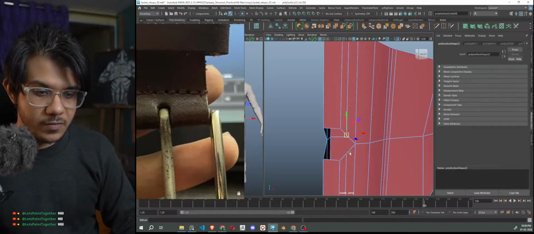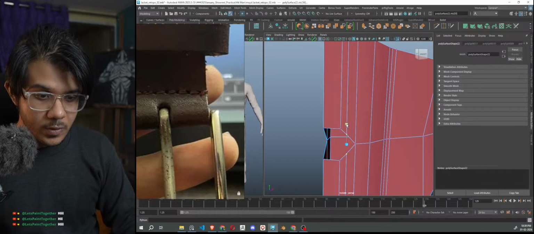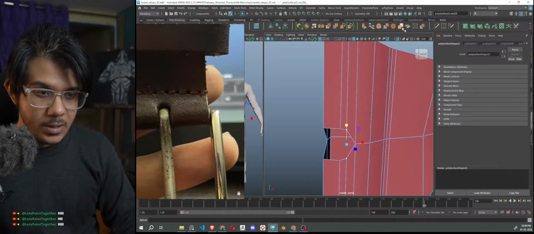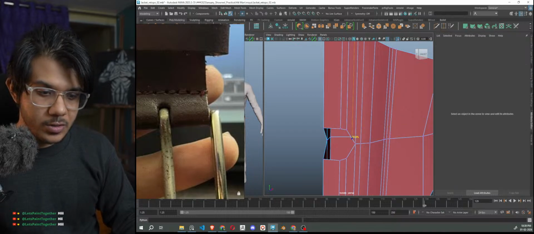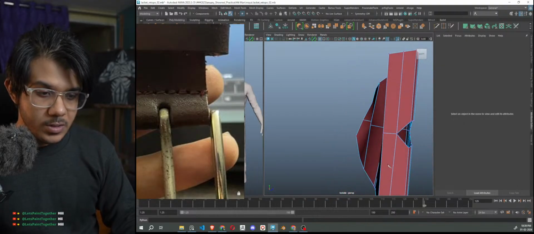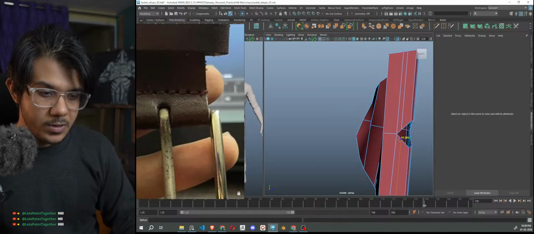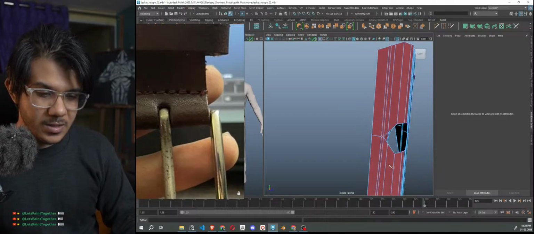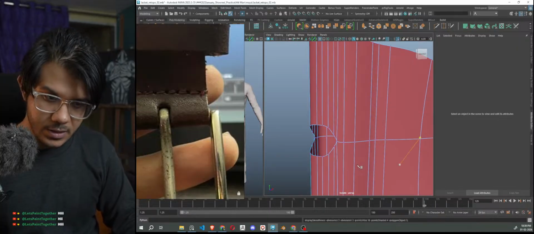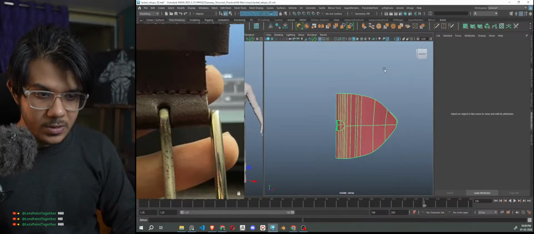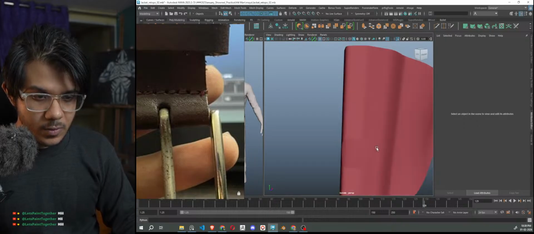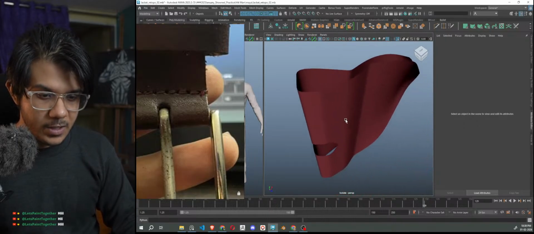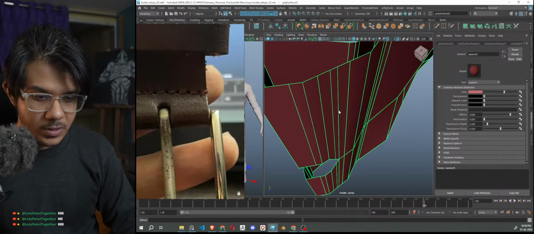So in order to achieve that shape, we have to add a few extra edges and shape it like this. Now we can add restrictions in this part and restrictions here. Same goes for this side, though for this side it is not that necessary. We can get away without that as it is not visible. So this is the block out for now, but I have a feeling that I have added way too many edges, which is causing us to